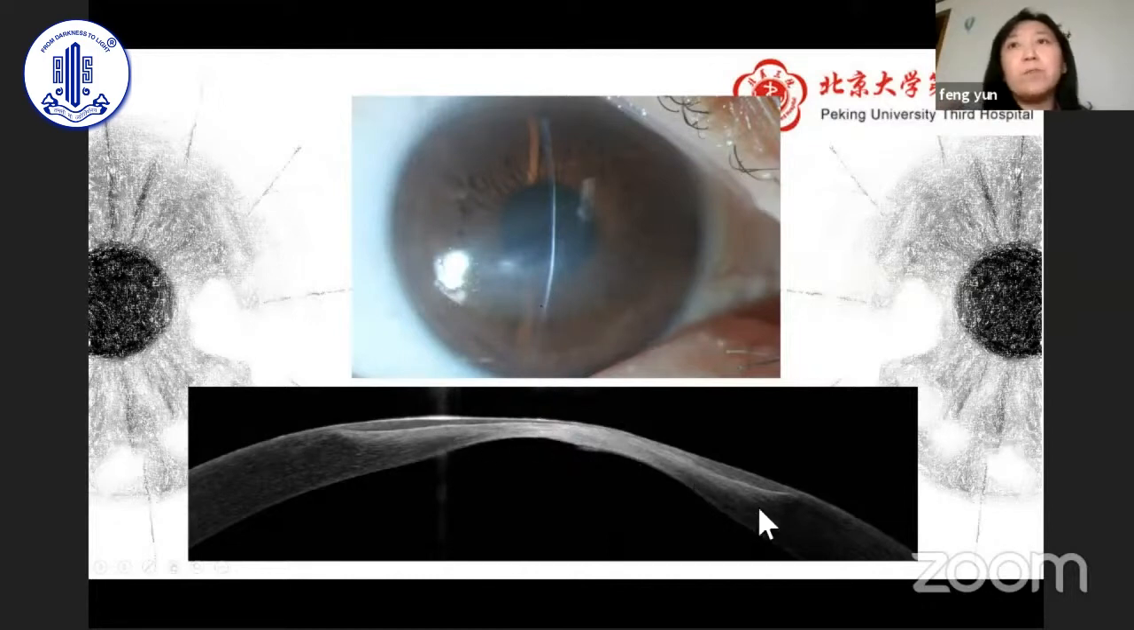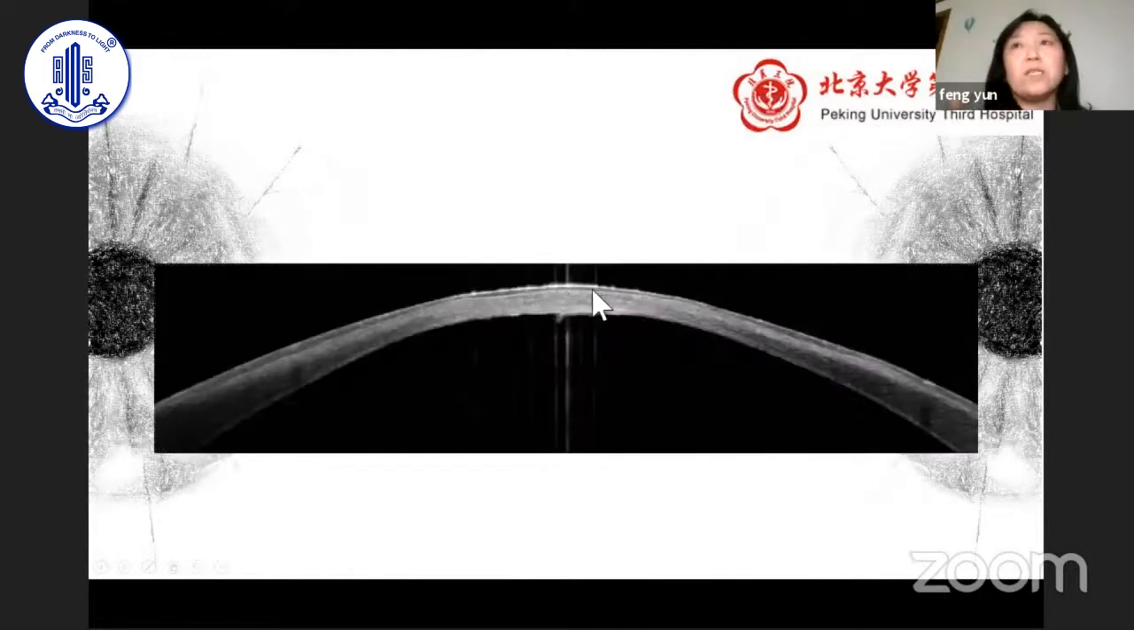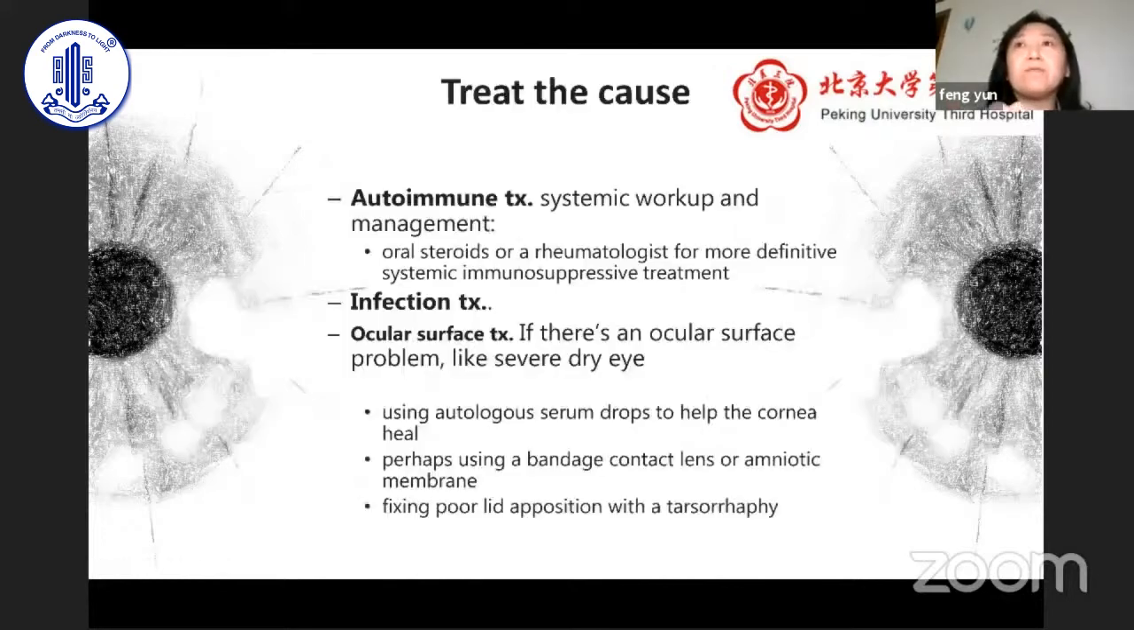For those patients, they have the perforation, but if we treat nightly, they can heal. They have healed spontaneously without the surgery, and the stroma can regenerate a little bit over time. So it prevents the need for surgery. Treating the cause is very important for autoimmune treatment, and oral steroids or general rheumatologic treatment